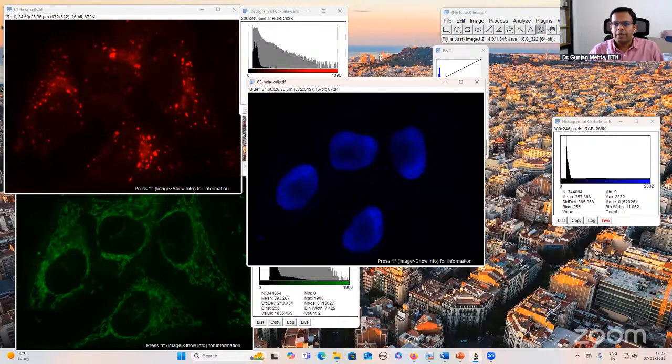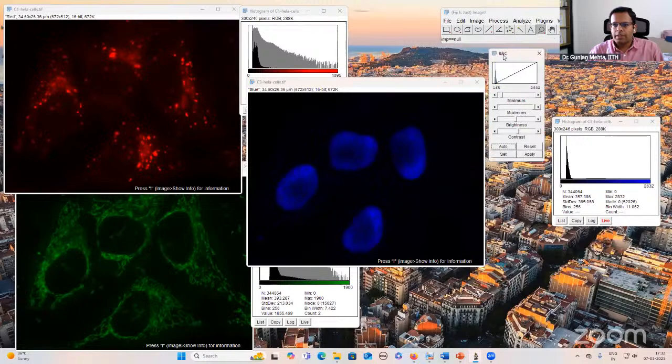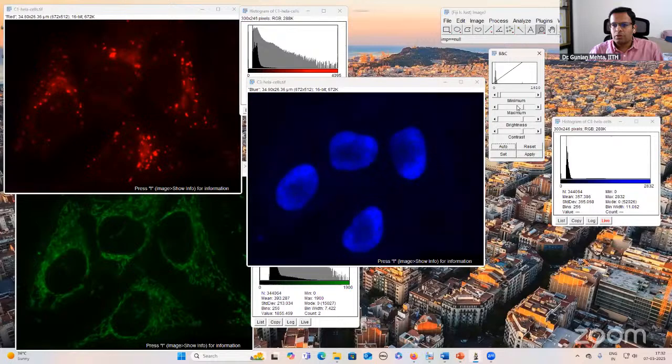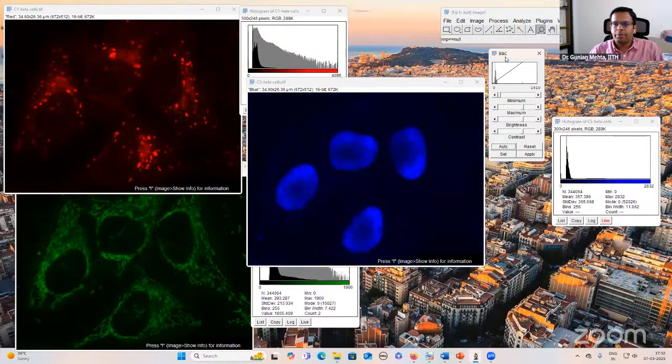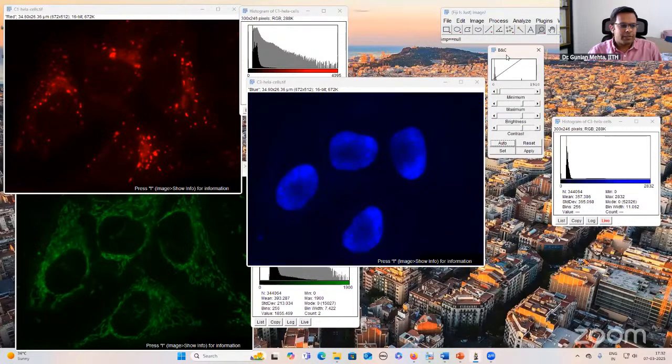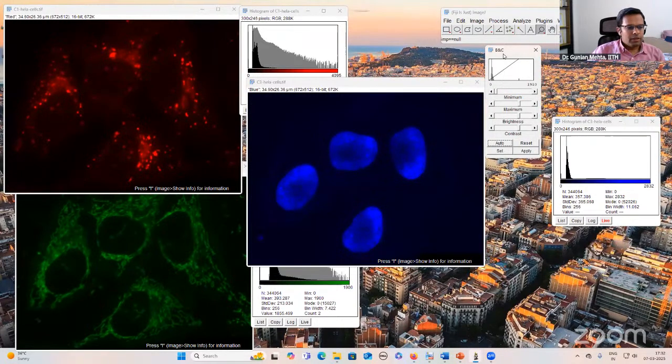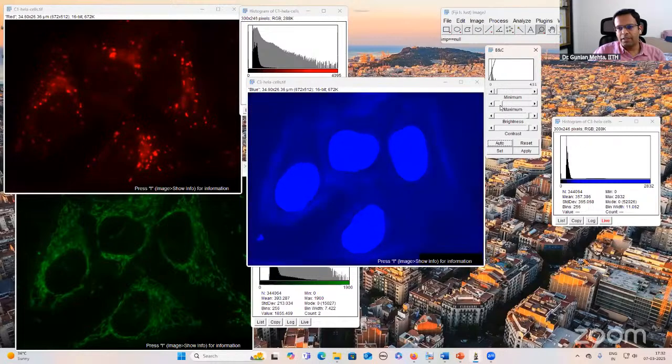Now, one more thing that I wanted to show. See, in this image, using this tool, this is a brightness and contrast adjustment tool. Okay, so using this tool, I'm just changing these values, and you can see that by moving this thing this way, I can make this image brighter.